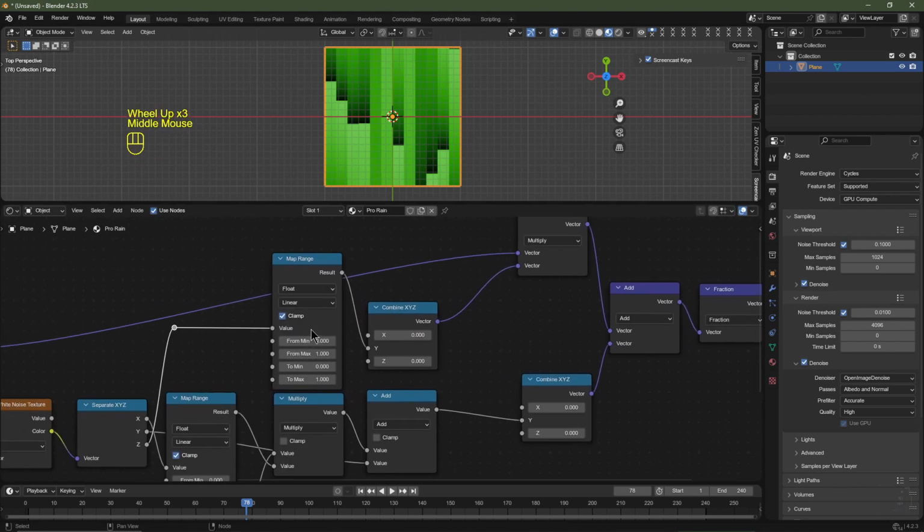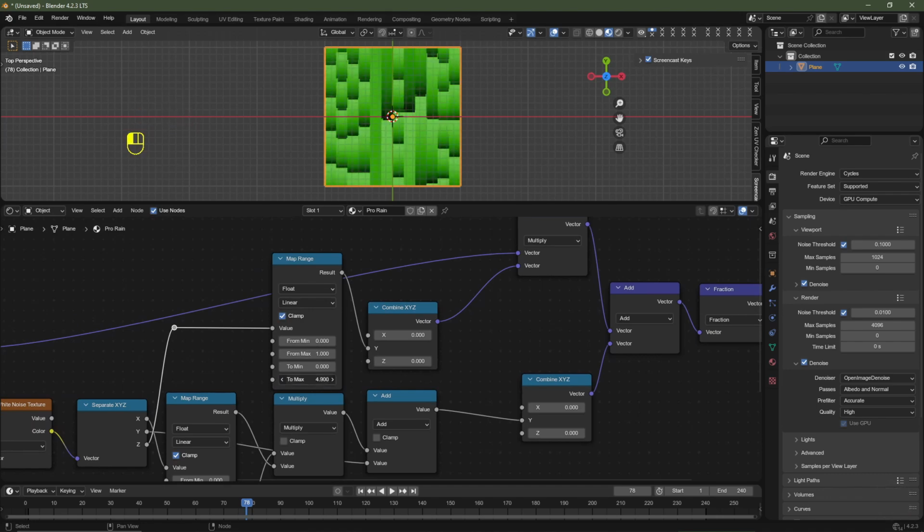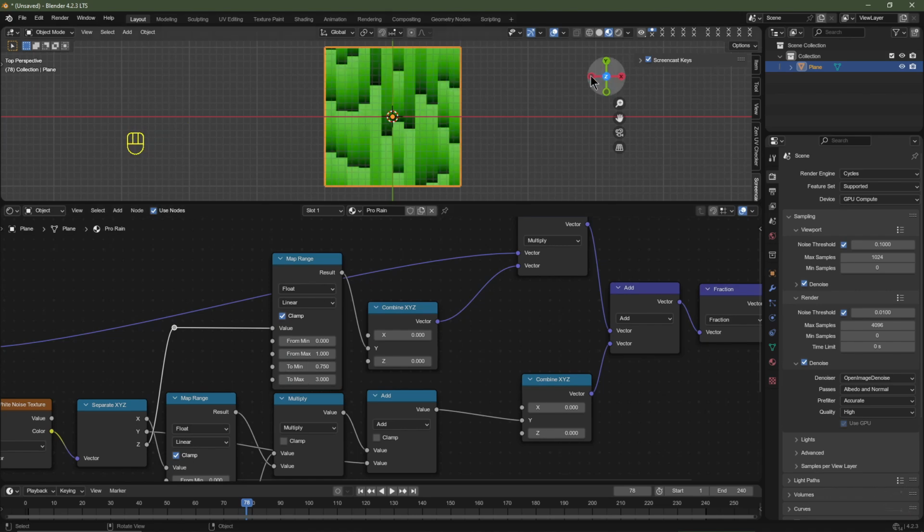It's just for visual cue so we can see where this is going. Now these values on this map range node, pretty easy. The 2 max is the higher this number, the shorter the drips, and the 2 min, the higher this number, the shorter the drips, or the lower the number, the longer the drips. So I'm going to set a minimum drip length to, let's say, 0.75, and a maximum drip length to, let's say, 3. Now if I hit play,